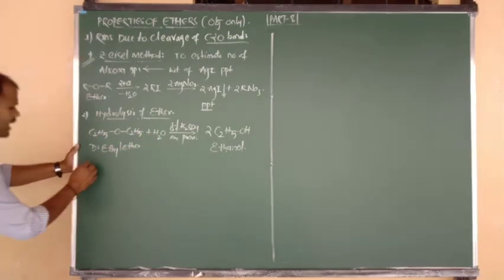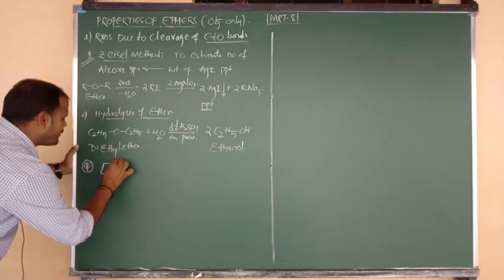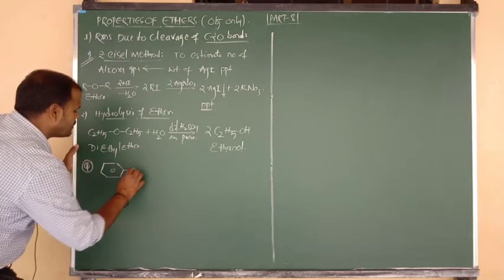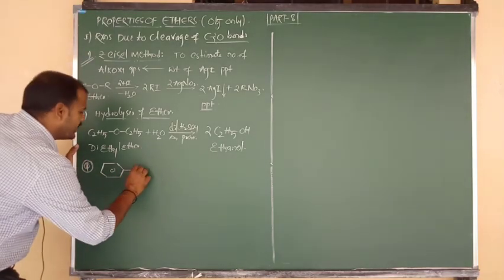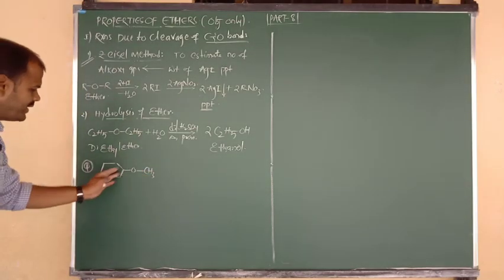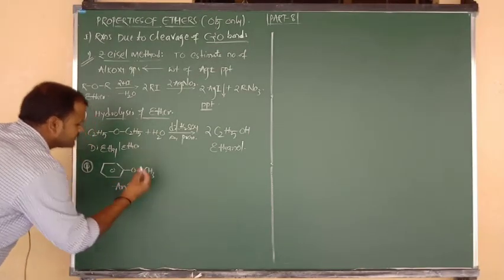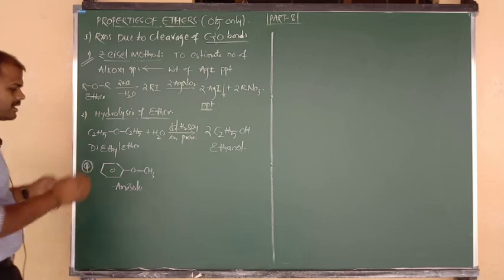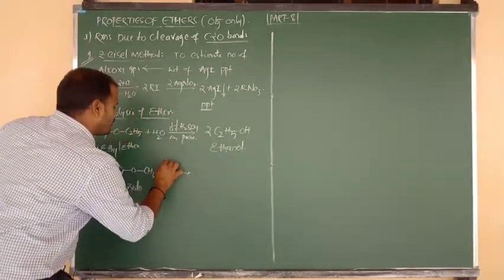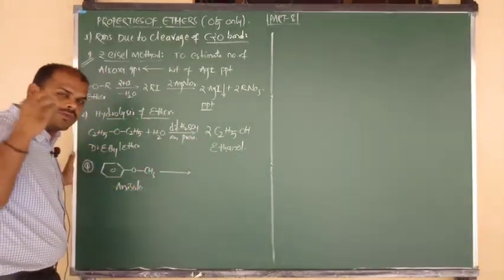From this method, here I want to ask you one question, try to find the answer. First of all, I am going to consider a benzene ring connected to oxygen, which is connected to a methyl group. What is the name of this compound? Methyl phenyl ether, which we also call anisole. Now suppose anisole undergoes hydrolysis, that is, reaction takes place with dilute sulfuric acid. But upon the arrow mark I am going to give you some conditions.